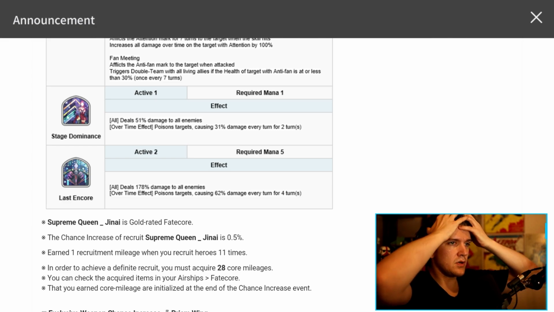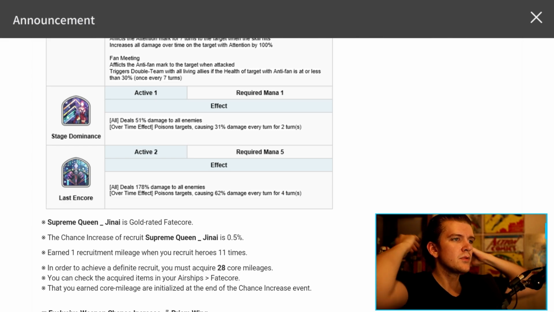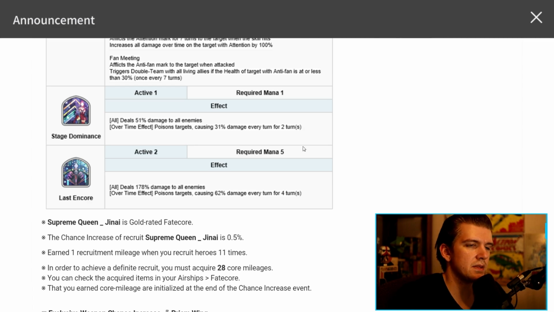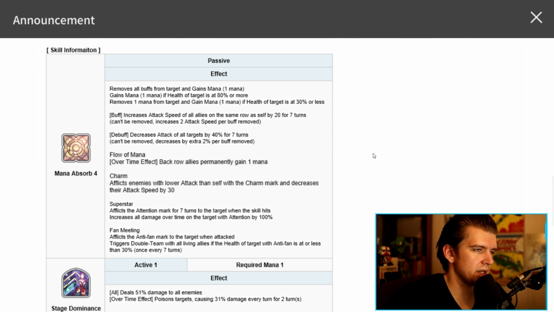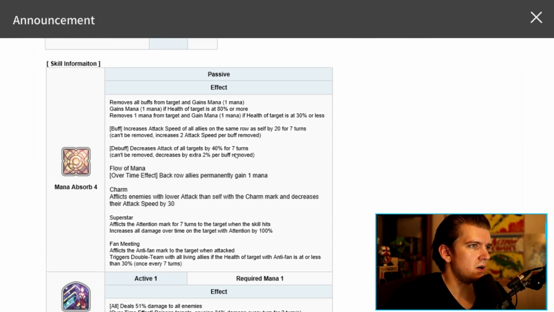Okay. So moves, nothing crazy. One of them's a 1 mana move, one of them a 5 mana move. Big thing for me. So I was thinking about this for a bit. When I first read this kit, I was like, oh my God, she's like Iris level because of just how